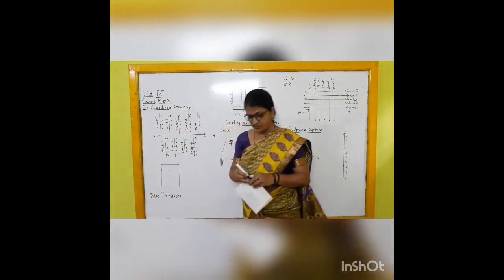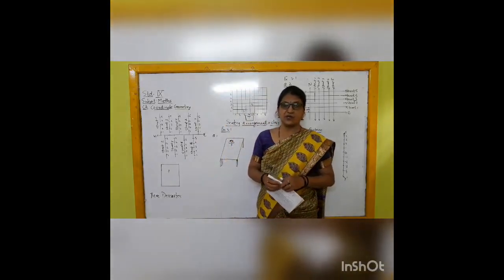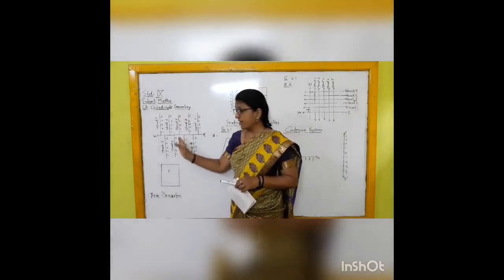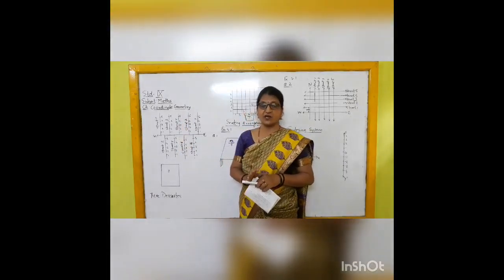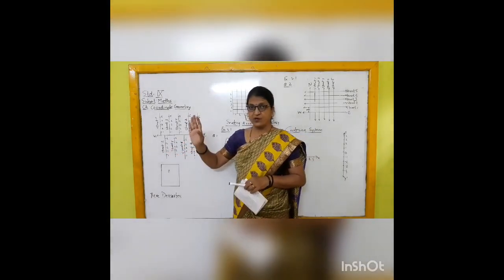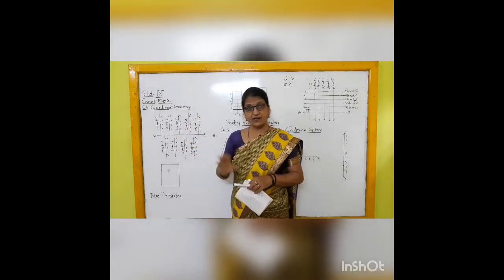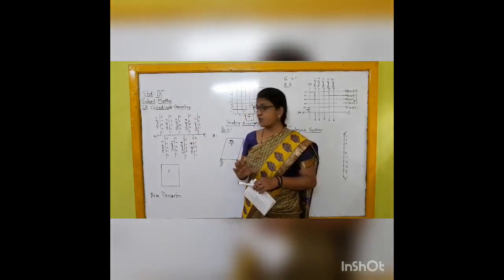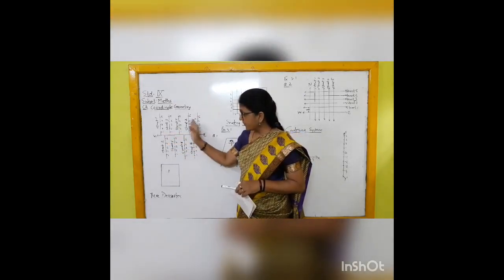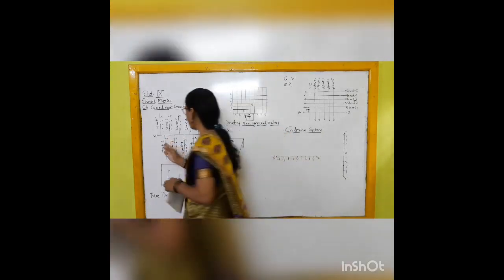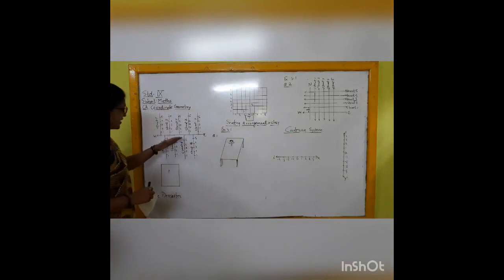Suppose you want to visit your friend's house. You want to locate your friend's house. It is easy if you look at it like this, but actually it is not so easy. If we know that he or she lives on street number 2, can you visit exactly the same house where he or she lives? No. You must know his house number. Now here the street numbers are given, as well as house numbers, are also written.